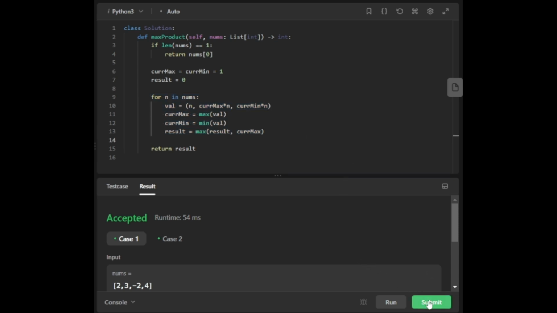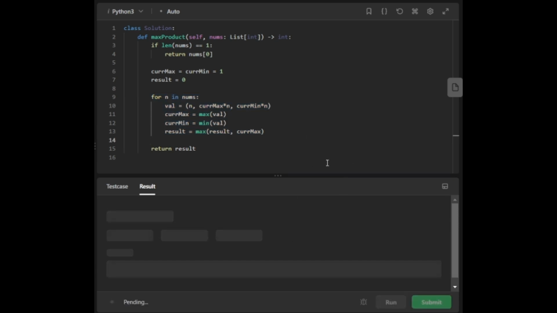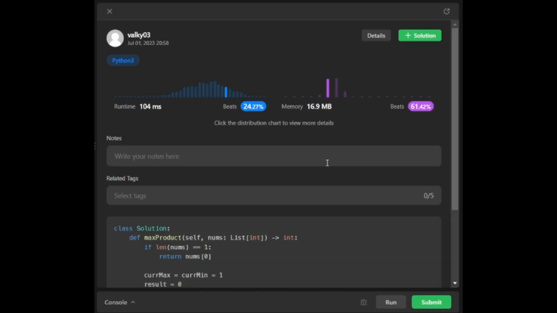Yeah, so the test cases got accepted. Let us submit it. Yeah, so that would be it for our maximum product subarray,